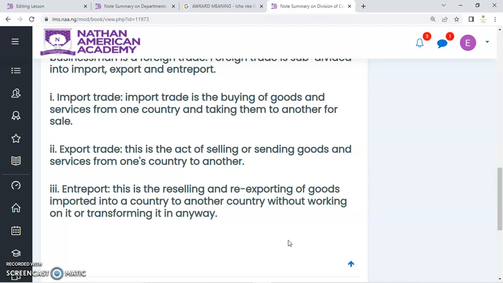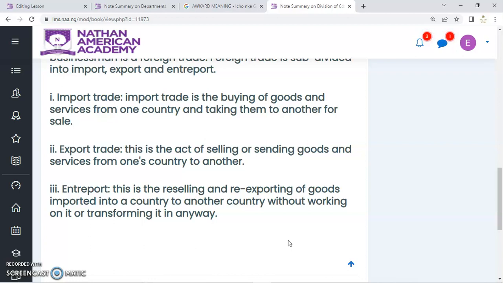It therefore means that if trader A buys a product from a country and takes it to another country and further sells the product from that country to a third country, that makes it entreport. But take for example, if the cocoa pods were taken from Nigeria to Ghana, and then the cocoa pod was transformed, was processed into chocolate, and then those chocolates were further exported from Ghana to America, then that would be an international trade between Nigeria and Ghana,